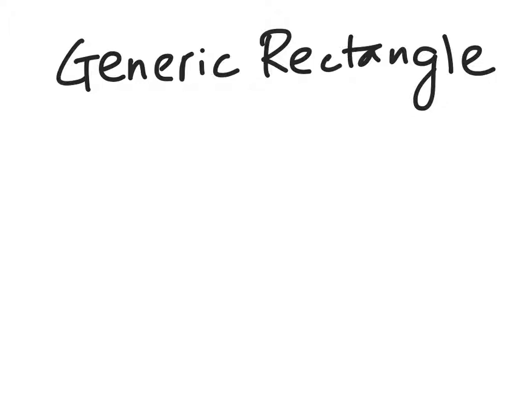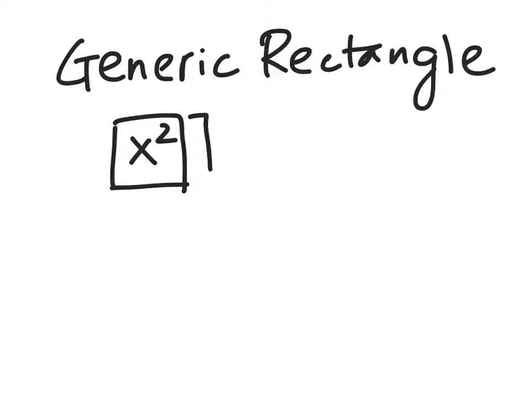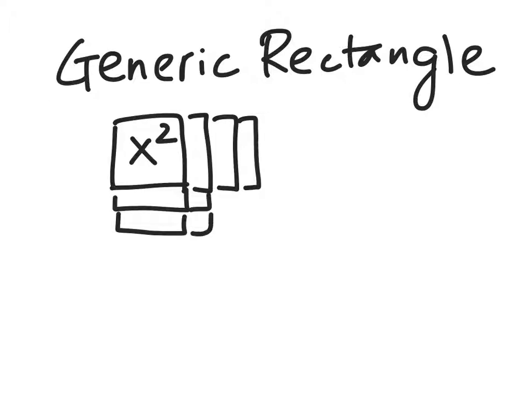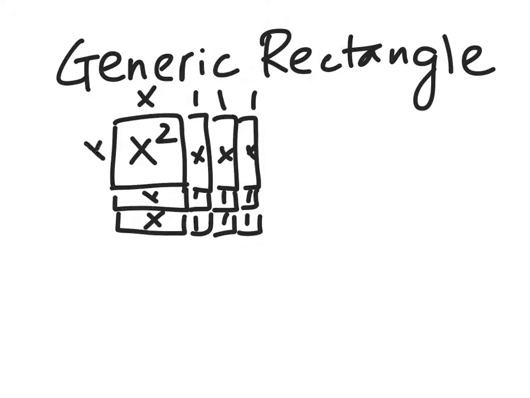For example, if I have the algebra tile of 1 x squared tile, 3 x tile, 2 x tile here, and 6 unit tile here, with a dimension of x, 1, 1, 1, and x, 1, 1 here,